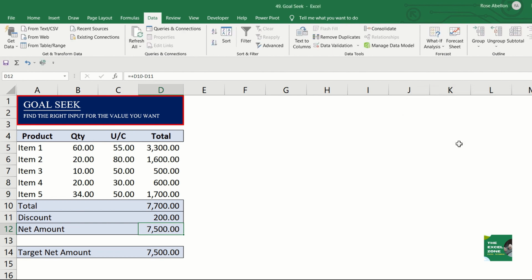Goal-seek can work for both direct and indirect formula references. And the good thing about this function is that it does not touch or change any of your formulas. The only thing that will be changed is the input given, but only if you accept the results of goal-seek. So, if you put back the original input value, the previous total will appear as all formulas still work. And it can be applied to many more scenarios.